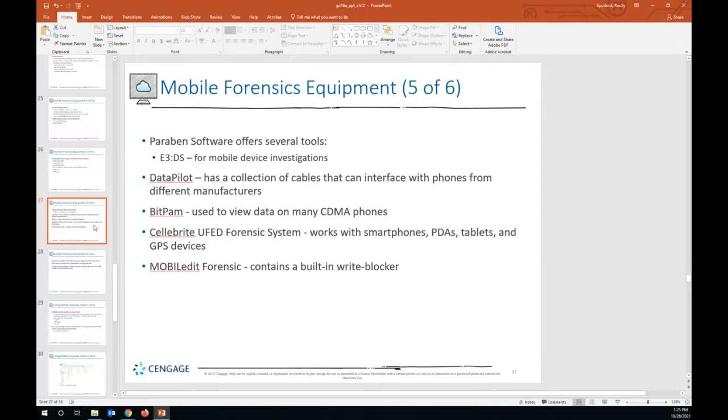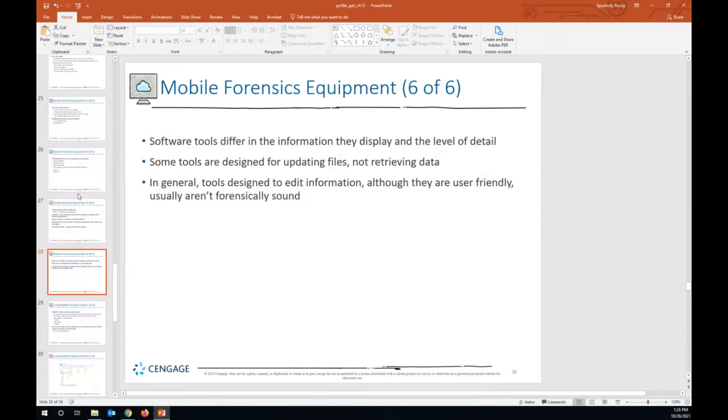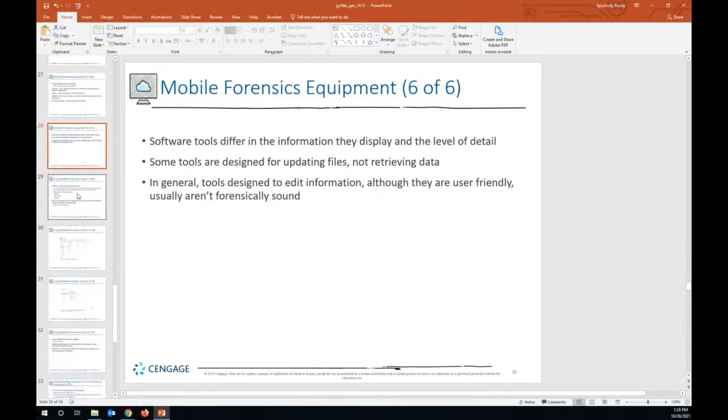Now there are some other tools available. We see some here listed on the screen and what they are used for. A couple of things to keep in mind is that software tools differ in information display and the level of detail.